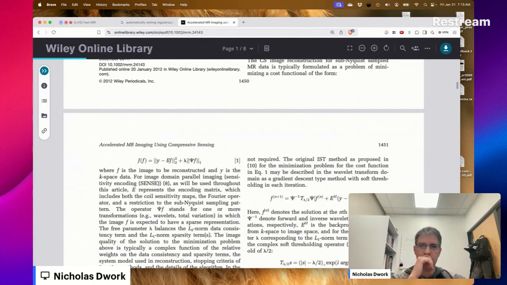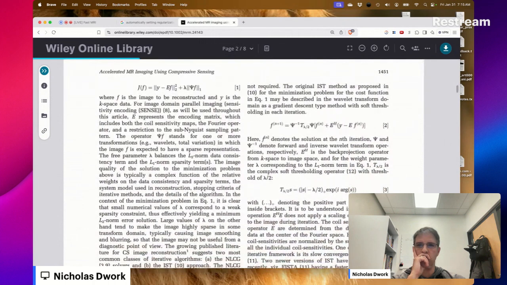This problem can be solved with Vista. This is the gradient descent. This is a gradient descent of just this term. This is going to be soft thresholding.